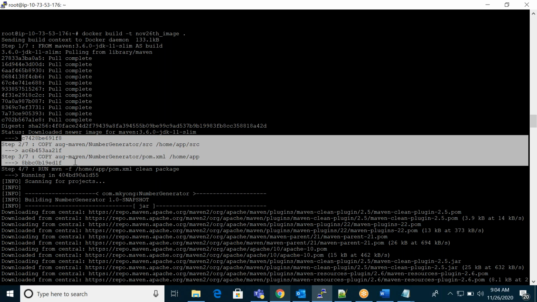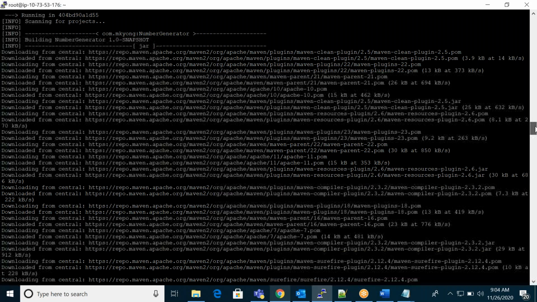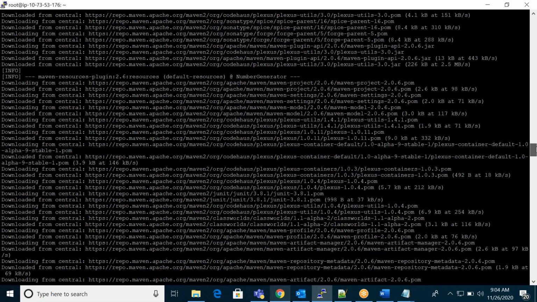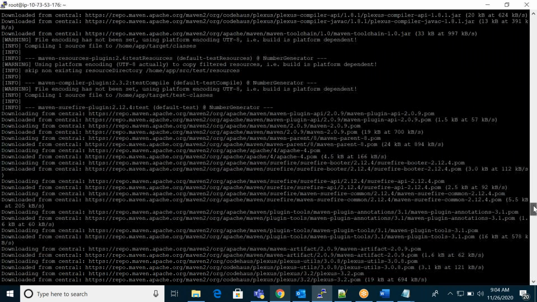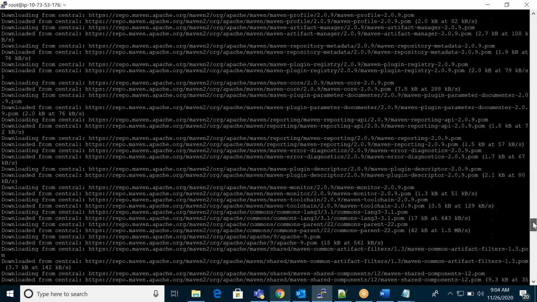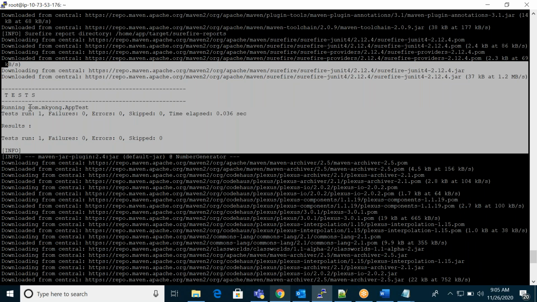Copy done. Here it is executing Maven clean package. Maven clean package means it will convert source code into a jar file or war file, whatever you mentioned in that pom.xml file. If you come down, you can see the test cases, which we can also see in Jenkins.